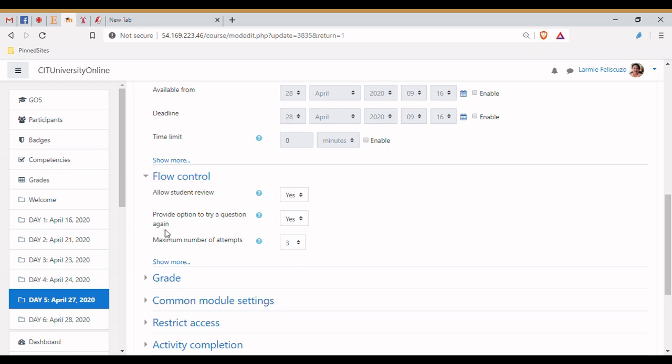Then for the flow control, don't forget to allow your students to review, so they don't just pass through the lesson once. The idea of online or blended learning is the students who are fast learners, they can go swiftly through all the lessons and they can finish the course really fast. There's no problem about it. But the slow learners, they can constantly review so they can keep up. So they just need to exert more effort, but given the time, they can keep up. Because don't forget,